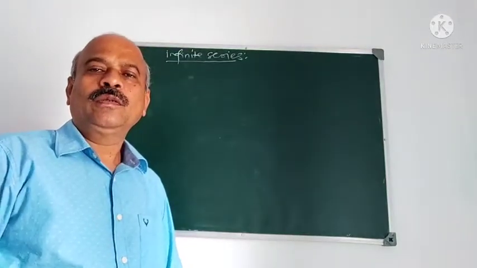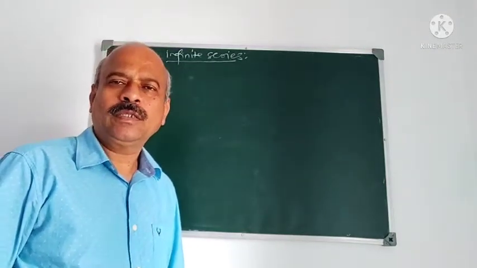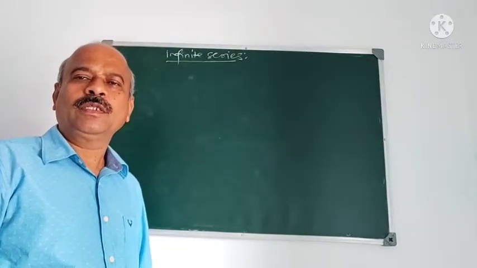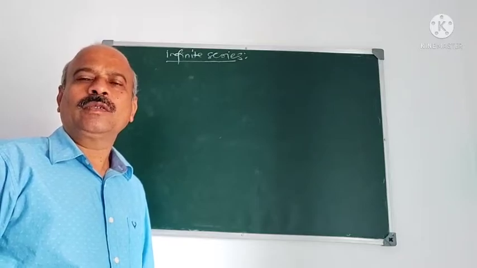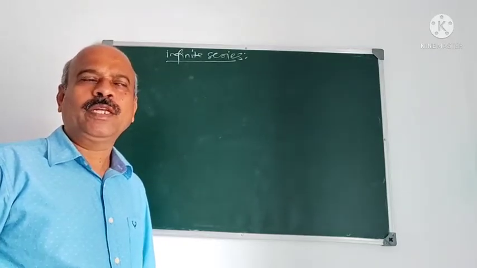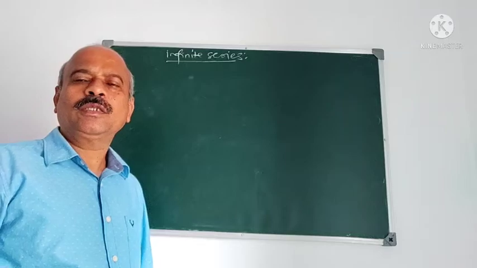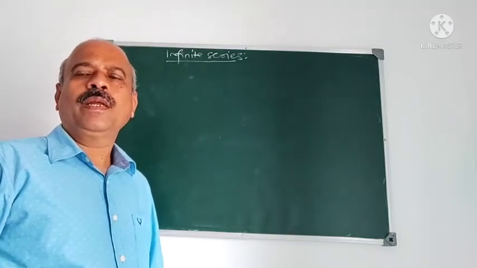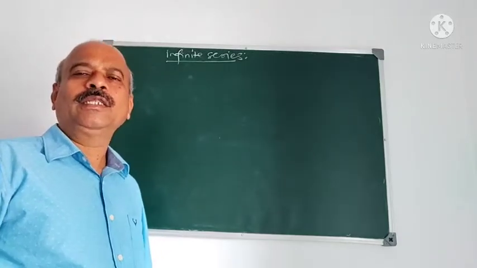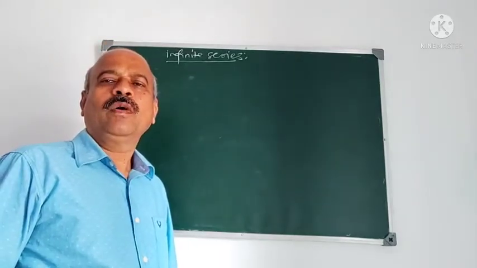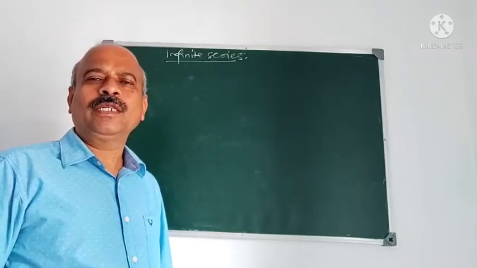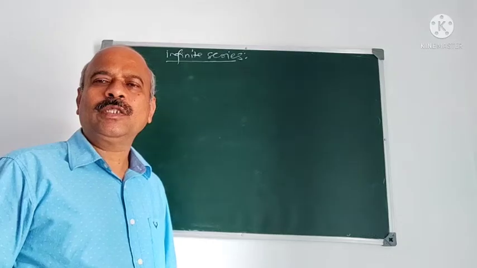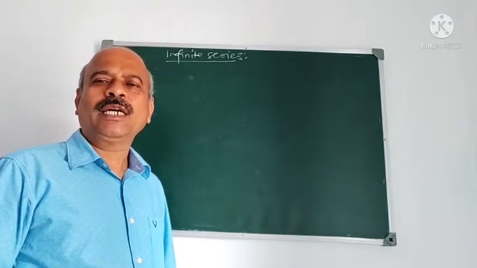So in the last video, I started infinite series and defined infinite series and explained the convergence of infinite series, and also I explained by taking some examples when the series converges, diverges and oscillates. And in this video, I consider one standard series, that is geometric series. I explain the convergence of that geometric series, and then Cauchy's general principle of convergence, and if possible I start